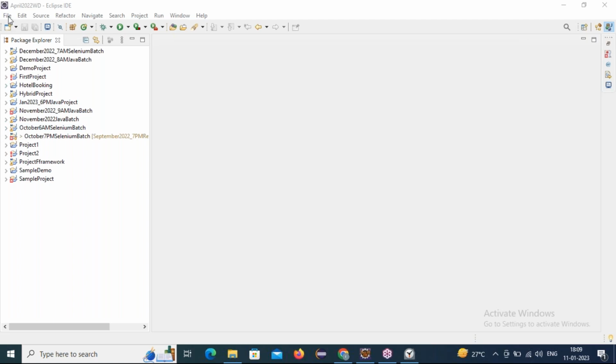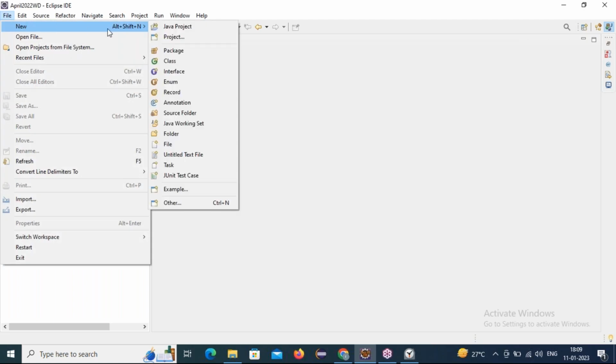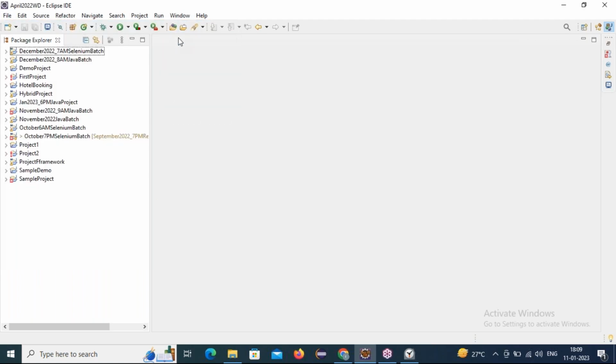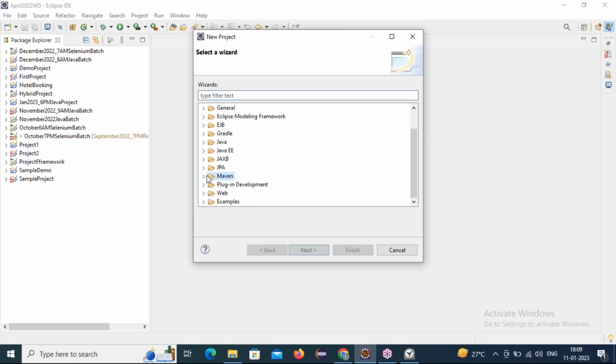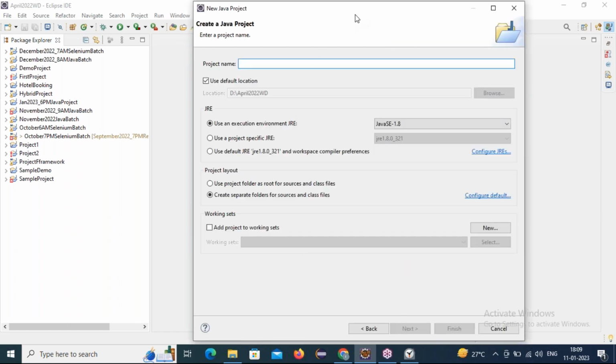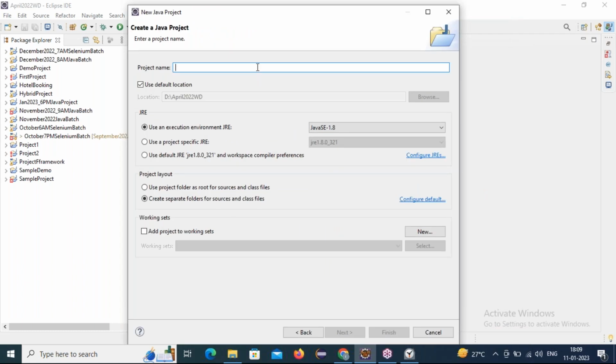So first of all, we create a project. How do we create a project? Go to File, New, Project. There you select the option called Java Project and click on the Next button. And here we give the project name. I'm giving sample